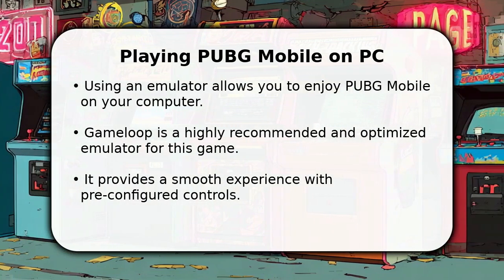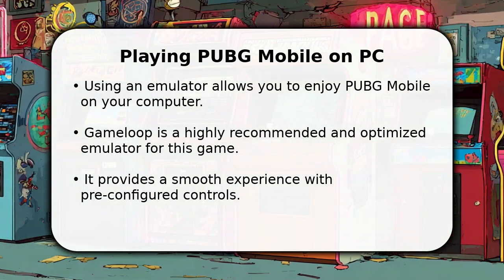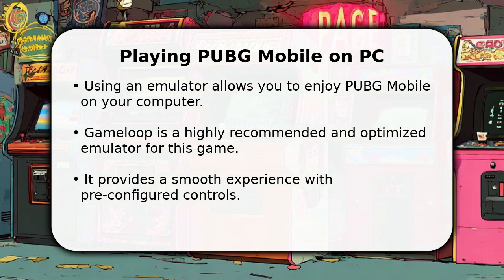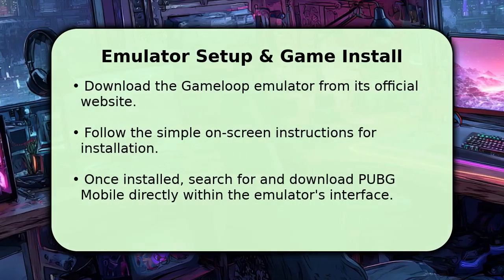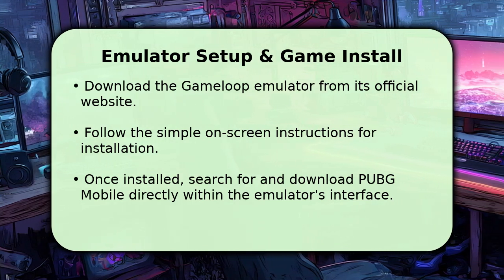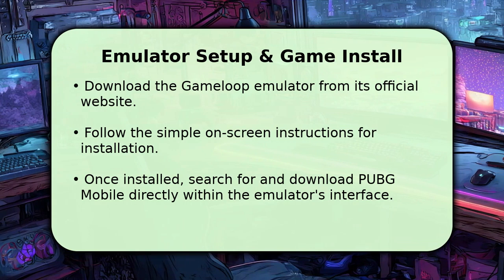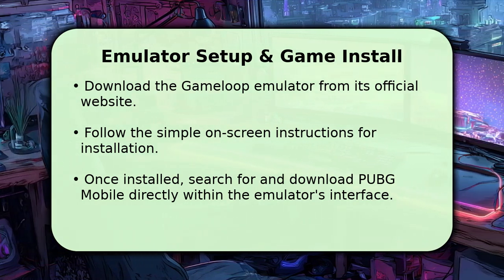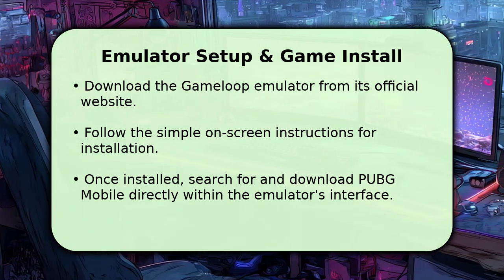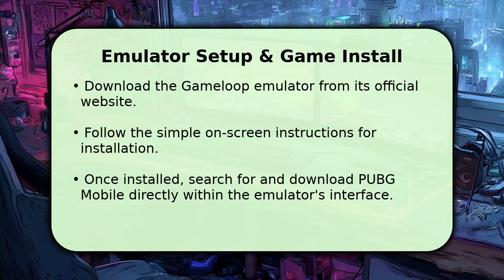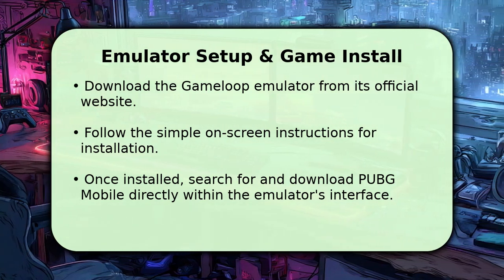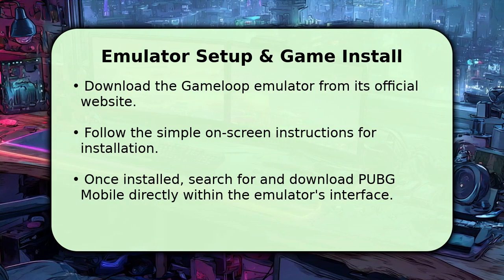This platform is widely trusted for its stability and user-friendly interface. After downloading GameLoop, simply run the installer and follow the straightforward on-screen prompts. The installation process usually takes only a few minutes, depending on your computer's specifications. Once GameLoop is fully ready, open its application, use the search bar to find PUBG Mobile, and then proceed to